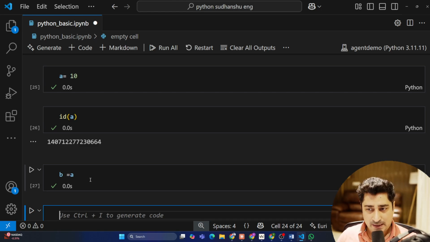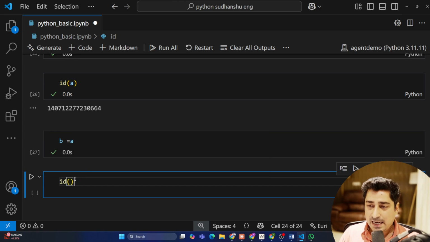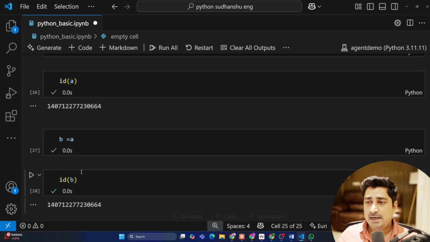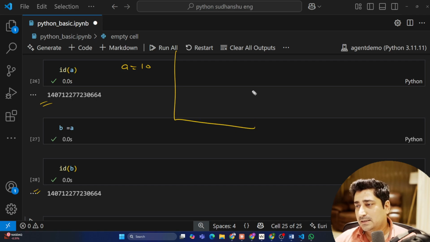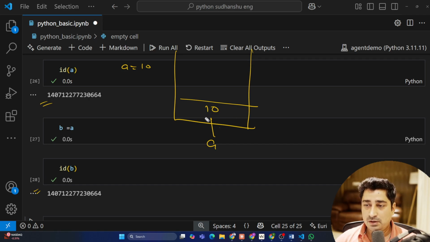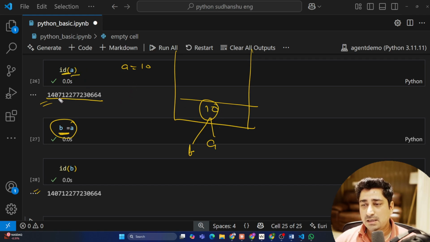So b is also equal to 10. Now if I'm going to check what is the ID of b, you will be able to find out that the ID of b is the same as a, right? Why? Because a is equal to 10 I have written. So let's suppose we had a 10 and we are referring to a over here. So a is equal to 10. And then we are trying to say that b is equal to a. So when we say b is equal to a, it simply means that b is also referring to a exact same location. So whenever you say ID of a, you will get this number